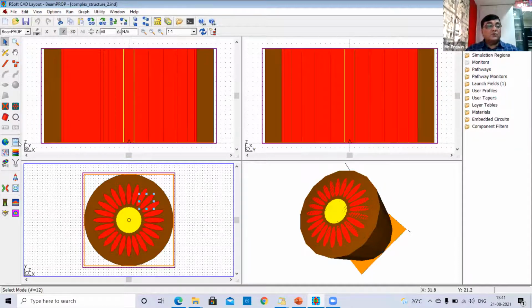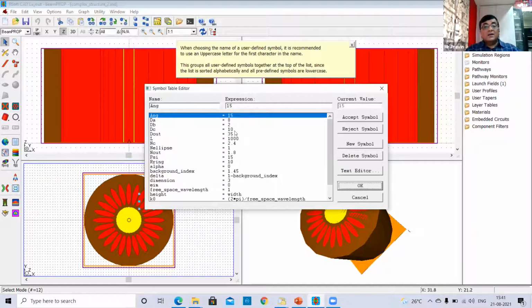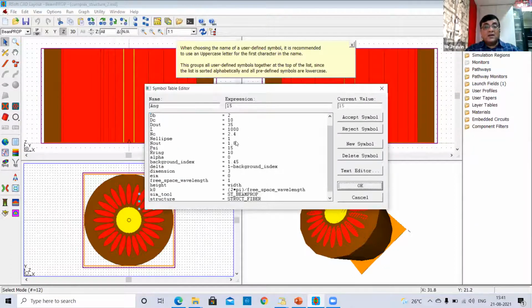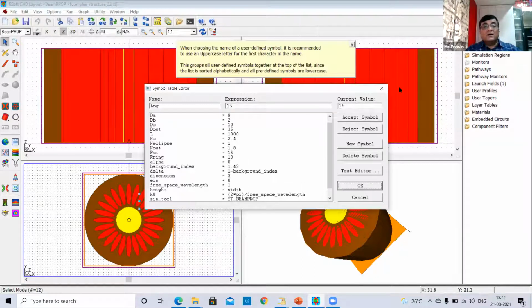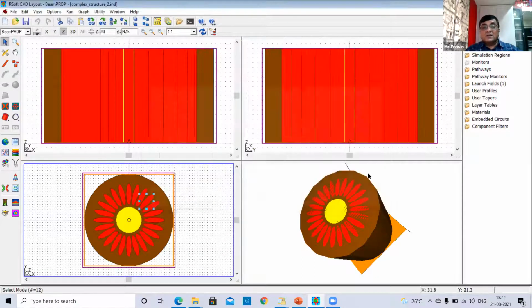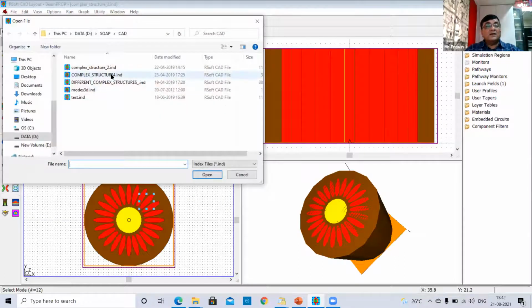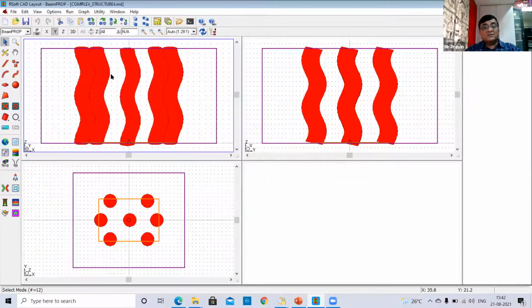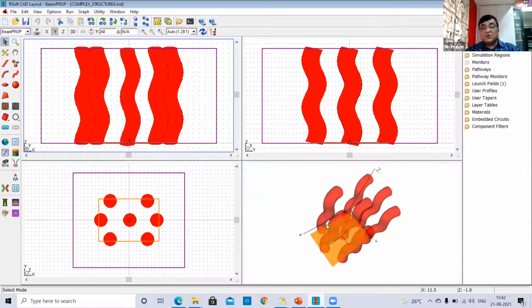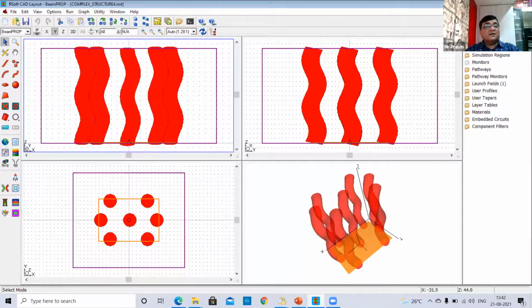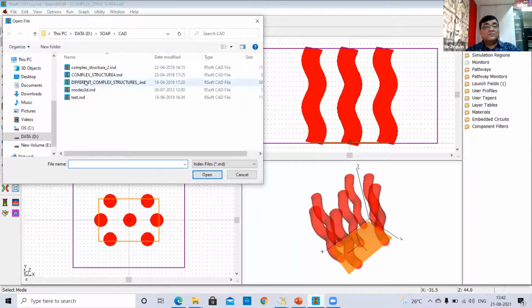And if you go to the symbol table, you will see there are a lot of symbols defined for this structure. Okay, so you can define different kinds of structures like this. These are the 3D structures. All of them can be defined in the RSoft CAD.